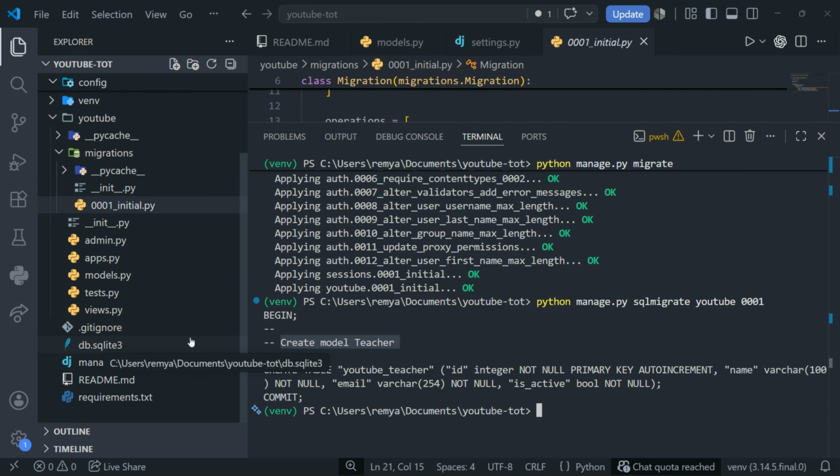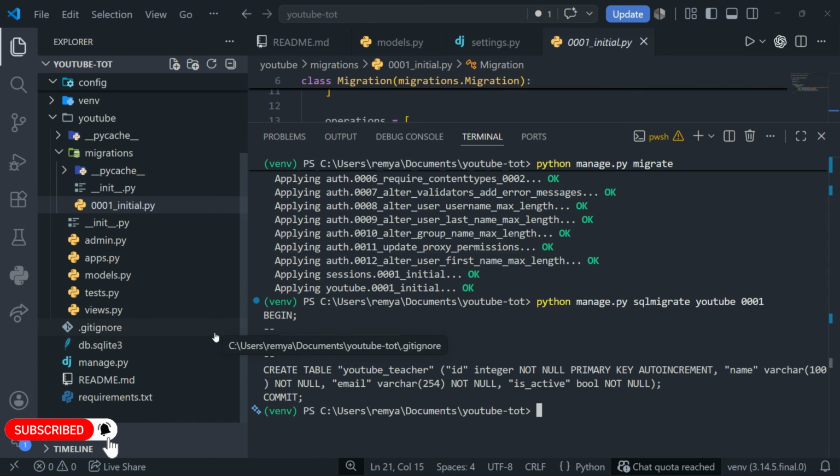If you also want to install this SQLite, I will create a video so that you can install SQLite on your system. Okay, thank you for this. I will continue with delete, update, and also